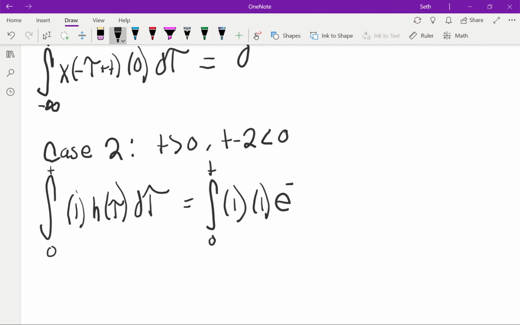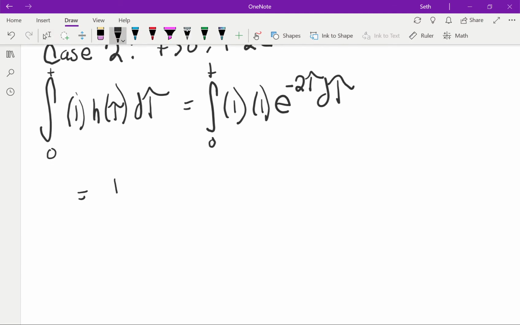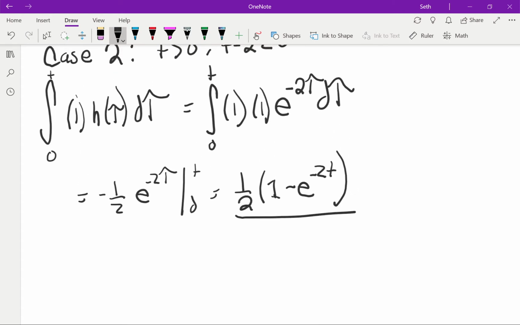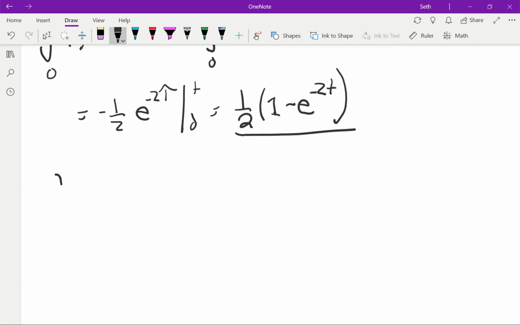And then we have our decaying exponential, d tau, and that's going to be equal to minus 1/2 e to the minus 2 tau, from 0 to t, and that is equal to 1/2 times (1 minus e to the minus 2t). So that's case 2. Okay, so now we need to consider the last case, case 3 for this, and that's